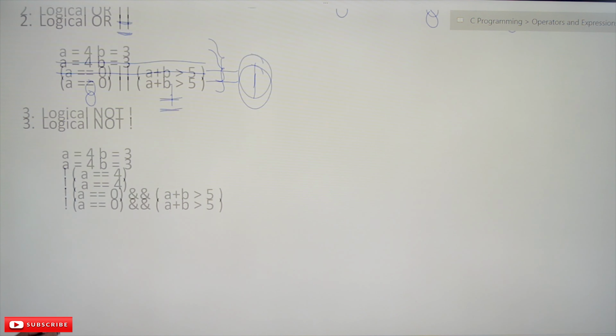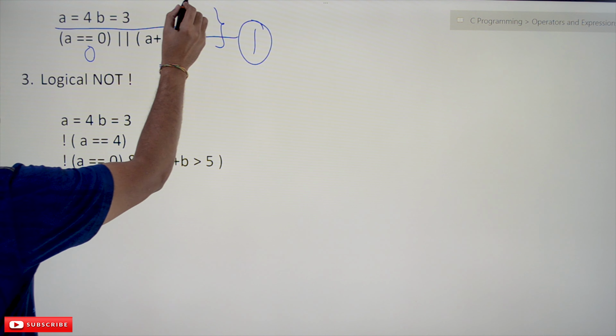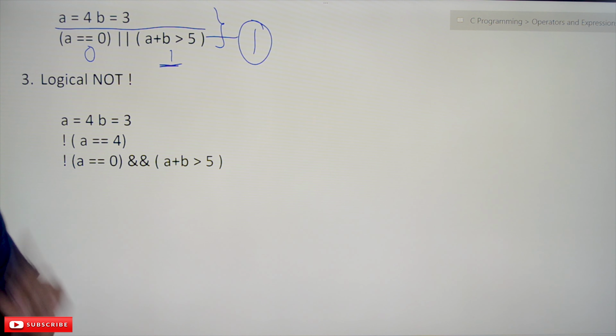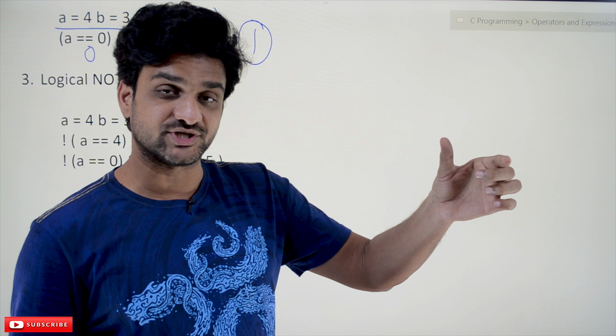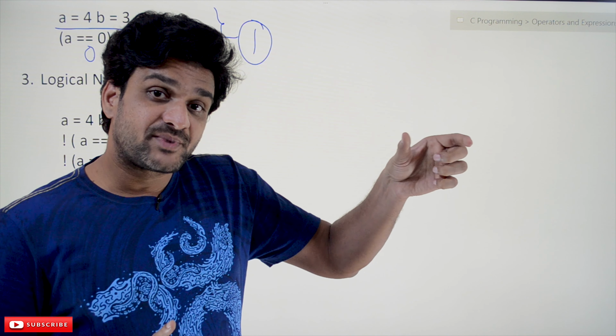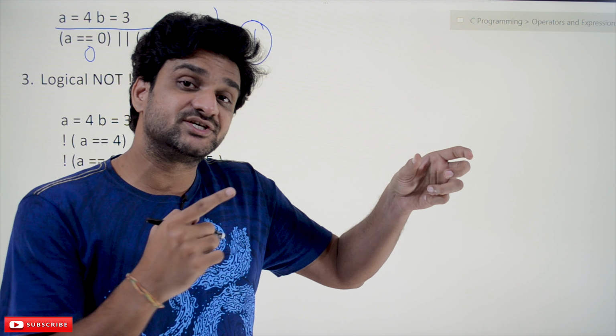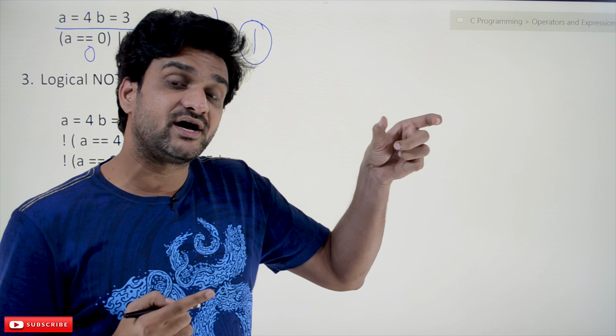and the next one is the logical NOT operator. What is this logical NOT operator? Logical NOT operator is a unary operator. It means only one operand is used, and logical NOT operator is going to produce the negation of the expression evaluation. So whatever the expression or the operand has been evaluated, the negated value will get generated, and it is also called logical negation. Okay, the symbol used is the exclamation mark.